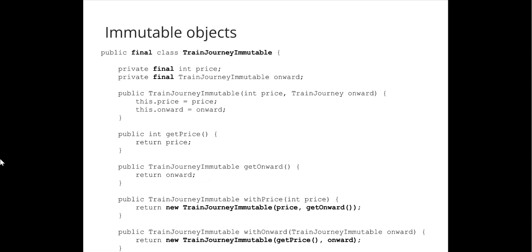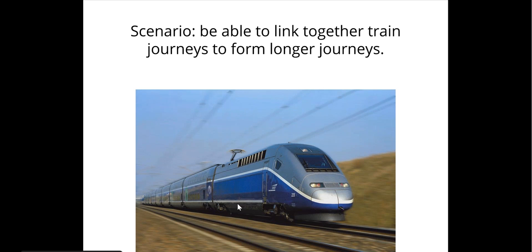You can also make use of what we call immutable objects. And that's the idea that once you've instantiated a class and you've got an object, you're not able to change its state anymore. So typically that's done through adding final fields to prevent reassignment, and you have to ensure that the fields are immutable themselves. It's a transitive property. You want to ensure that this class is final to prevent extension as well. But instead of having setters that are changing the state, what you can do is to add methods which are actually creating a new object.